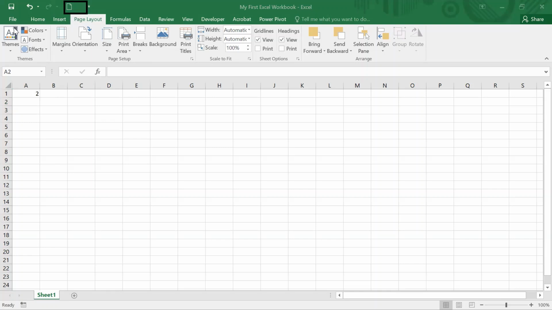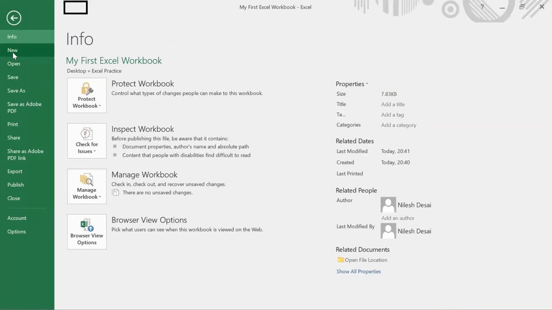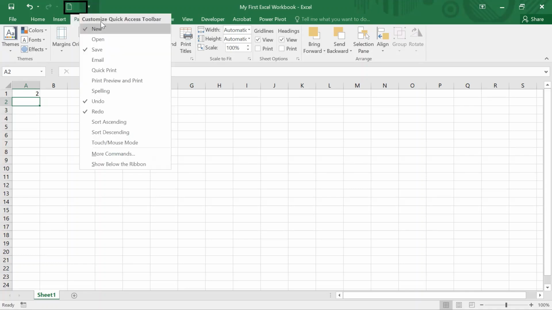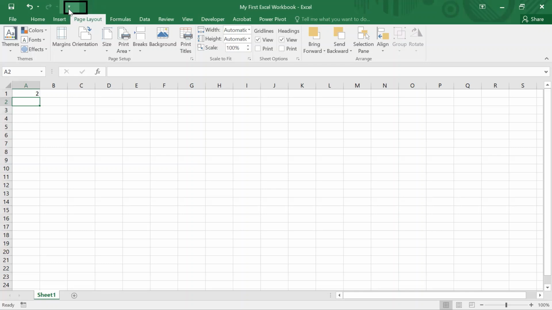As compared to that, I would have to go to File and then click on New to open the file. Rather, I have it over here. I can just click on it to open a new workbook altogether. If I have to remove this, I'll just click on it again and remove this command.